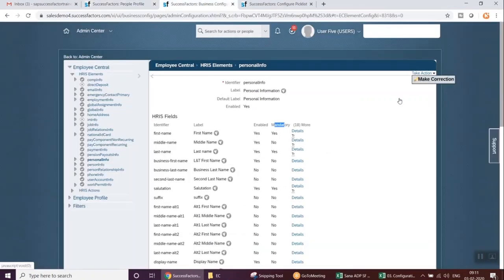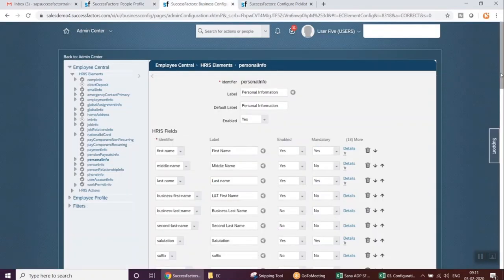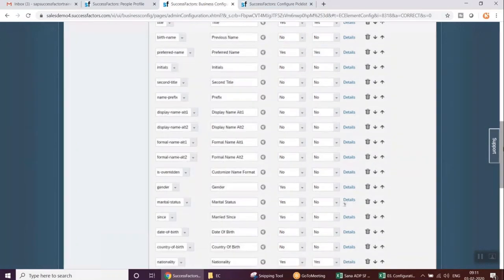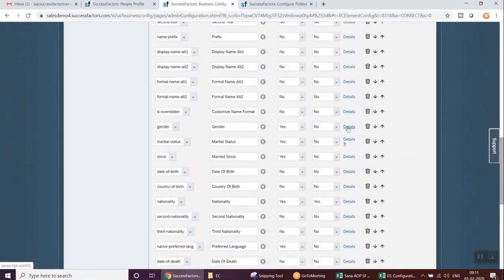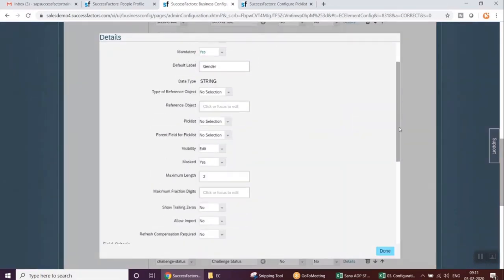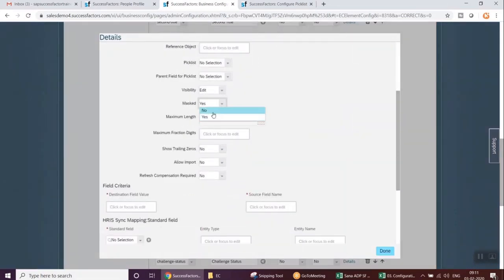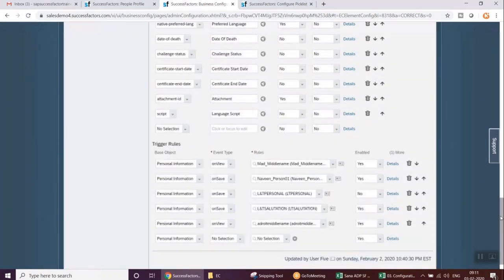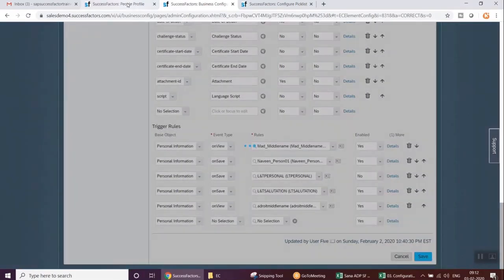So how are we going to make this mandatory? Make correction and come to your gender. Where is gender? If I scroll down into this section, you can see gender is coming here, and I'm going to make this mandatory. Fine. So I'll make this mandatory, and here you will see your other details. If I save this section, it will start displaying it. So if I save this area,